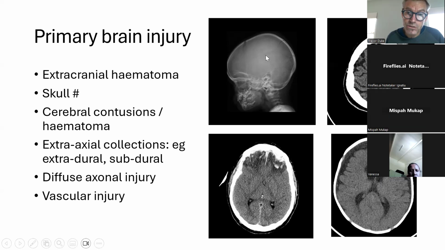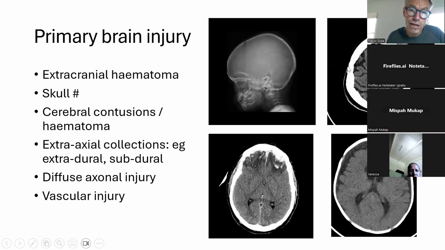You can see in this X-ray, these are the normal suture lines, the coronal suture lines, but these two lines here, the two lines that intersect and overlap, it's a linear skull fracture. Now, having a skull fracture doesn't mean you've got an intracranial injury, but it can do. And so any child with a skull fracture certainly needs observation for a period of 8 to 24 hours after their injury to make sure that they don't have an intracranial injury. So that's